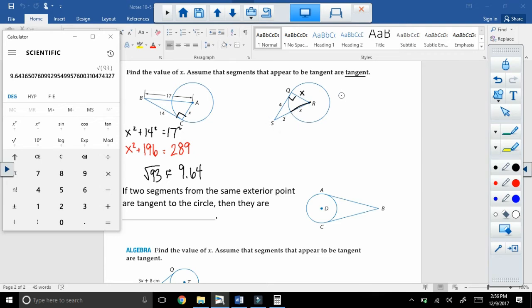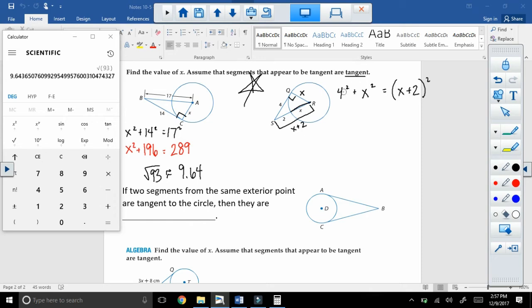What I'm going to do to solve this is say that 4 squared plus x squared equals this entire thing, which is x plus 2, but 2 plus x is the same. And I need to square all of that. So it's really important we channel our Algebra 1 skills. Maybe you put a big star next to this one to reference back. But we're going to have to go through and remember how to